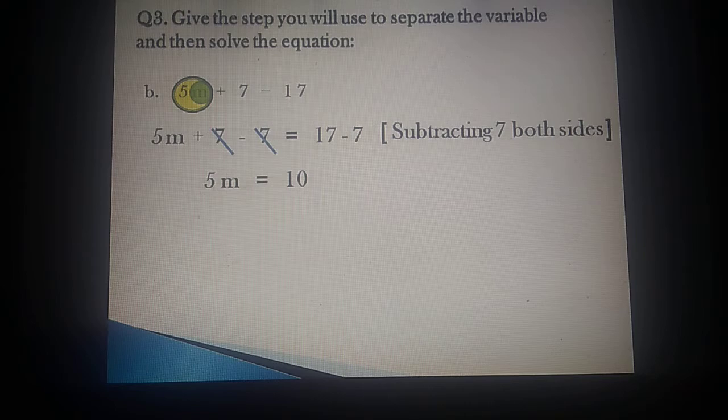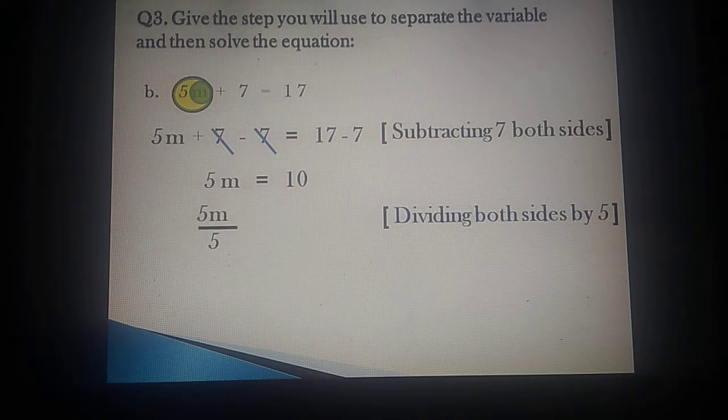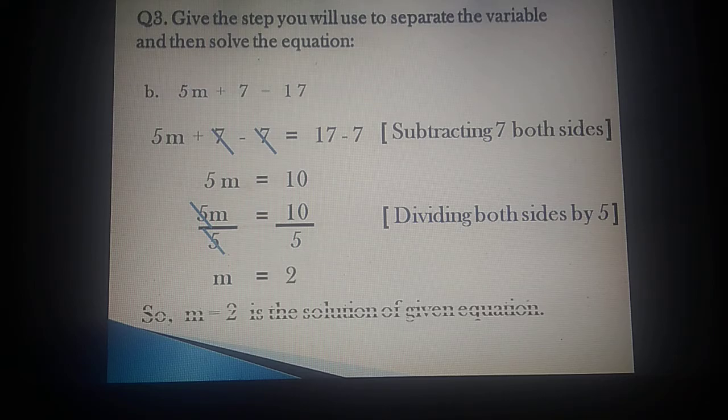Finally, you can see in the outermost circle now 5 is present. That is 5 into, it's the coefficient of m. So now we will use the opposite of it, that is we will divide both sides by 5. What will you get? We will get 5m upon 5 equals to, same in the RHS 2, 10 upon 5. Solve both sides one by one. Start from LHS. In LHS, we can see numerator and denominator both have 5. Cancel 5, left with m. Same in the RHS. Solve, we will get 2. This is your answer, as only the variable is left in LHS.